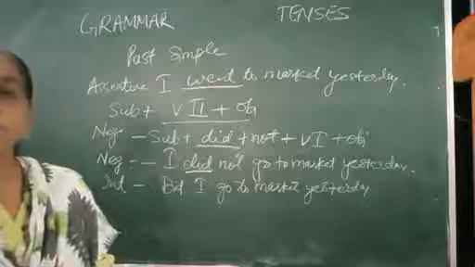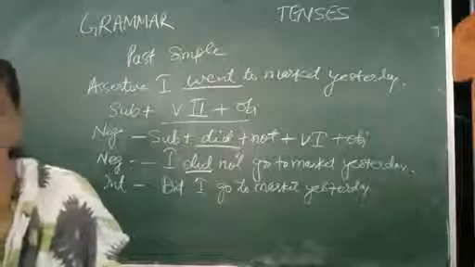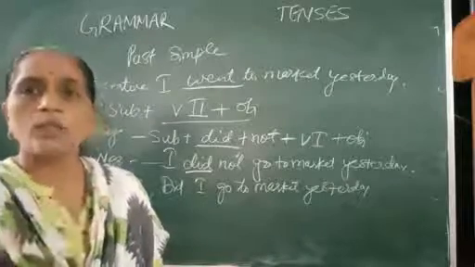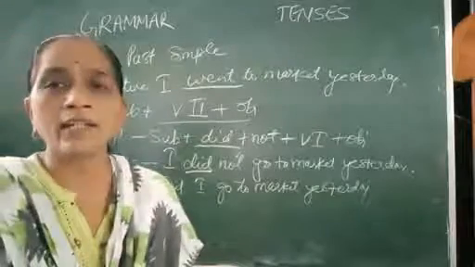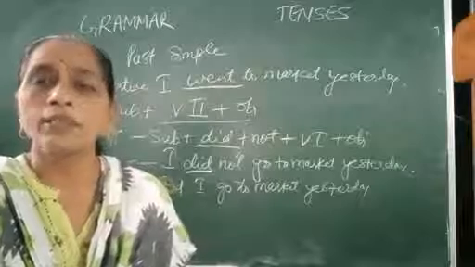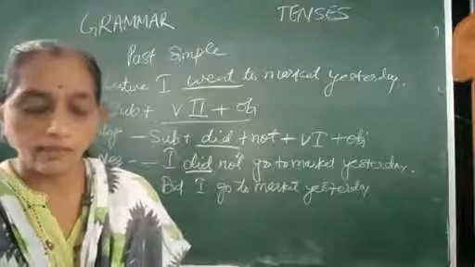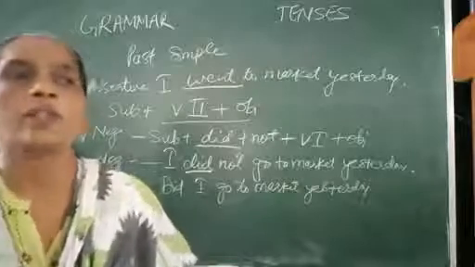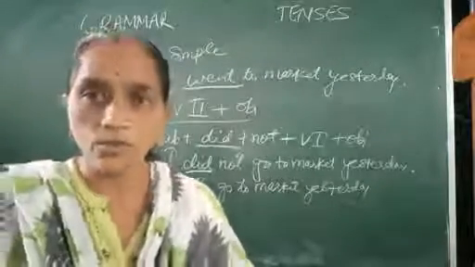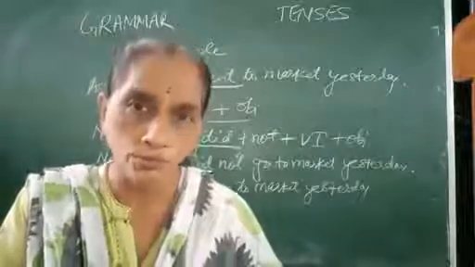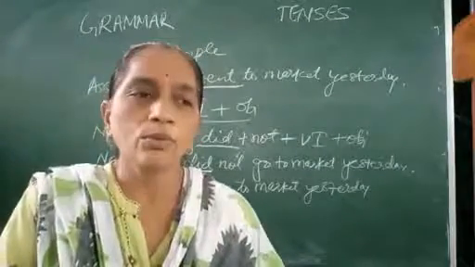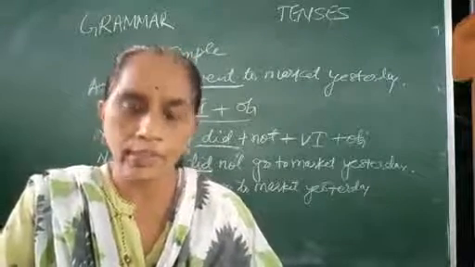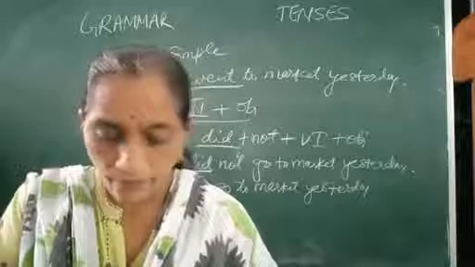Okay. This tense is used to show, as I told you, the action started and completed in the past, to indicate past habits and repeated events. Like I always rode a horse when I lived with my grandparents. Fine? Or the habitual past action is used with the help of the verb used to. I used to go to temple with my grandfather when I lived with them. Okay?